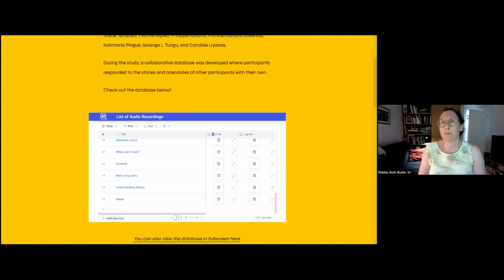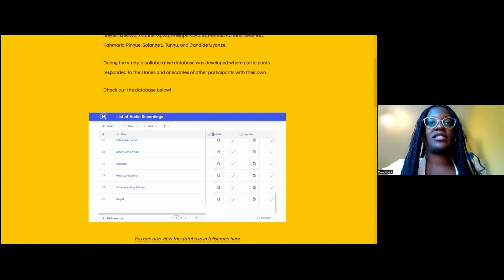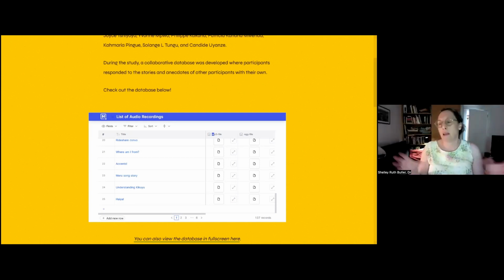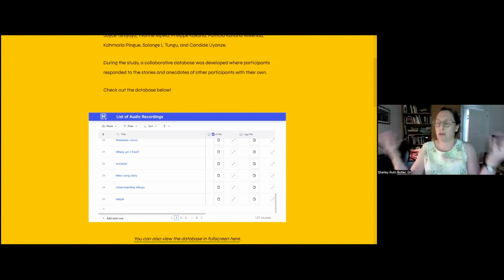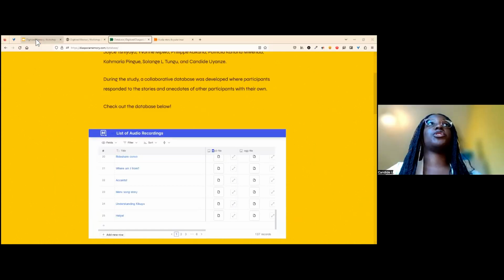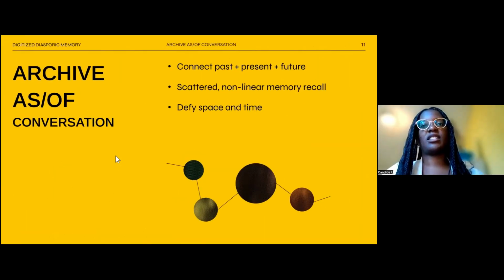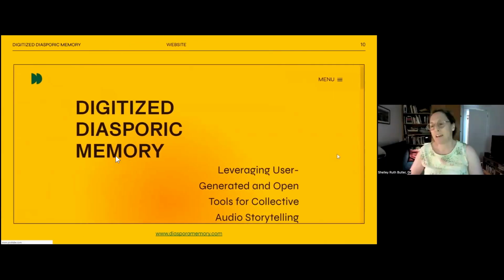Quick question, Candide. I just wondered, in gathering the diasporic community, did you make any distinction between, like, must be born in Canada or continental, or were there any parameters, or was it all mixed? Because there's so much diversity within that category of diasporic.